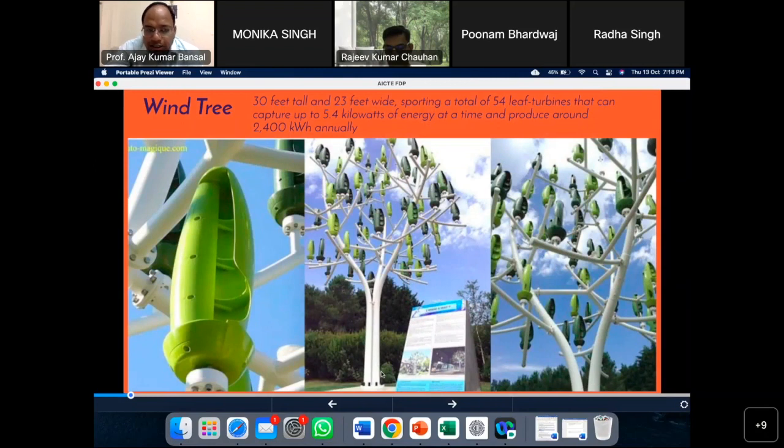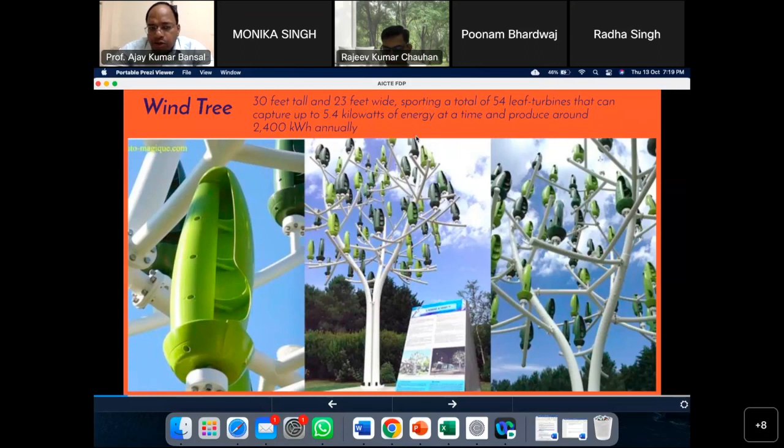Nowadays, a new concept for generating electricity with wind turbines has come, that is wind trees. We use very small wind turbines connected in the shape of a tree, and with the help of that tree we generate electricity from these small turbines. For example, a 30 feet tall and 23 feet wide tree with a total of 54 leaf turbines can capture up to 5.4 kilowatts of energy. So a very small 30 feet by 23 feet tree can generate 5.4 kilowatts of energy at any time,